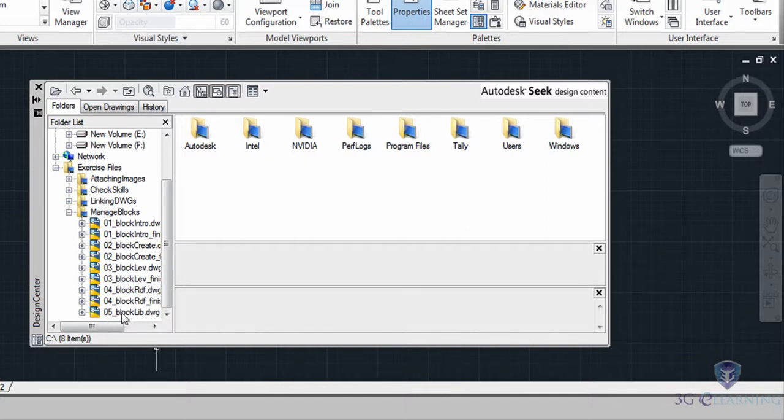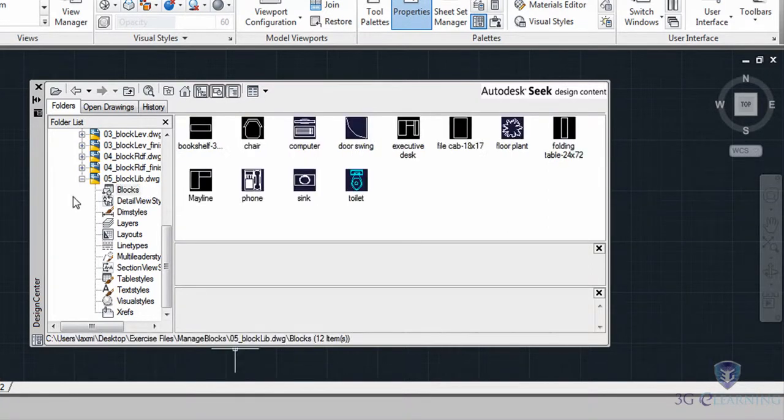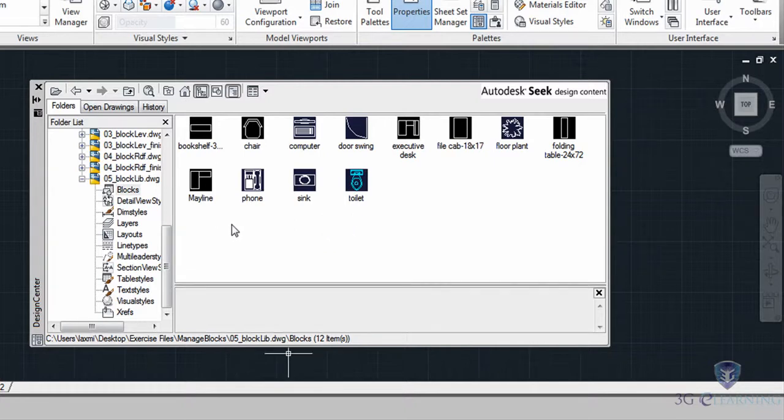Take a look at the icon next to the drawing name. This is where Design Center surpasses Windows Explorer. Using this tool, I can navigate into this drawing and extract any of this data without actually opening the file. Now that the file is expanded, I'm going to select blocks, and in the pane on the right, I can see all of the block symbols that are created in that drawing. To insert a block from that drawing into the current one, we can do it via drag and drop. For example, if I'd like to insert it, I will click and hold on the desk icon and drag it